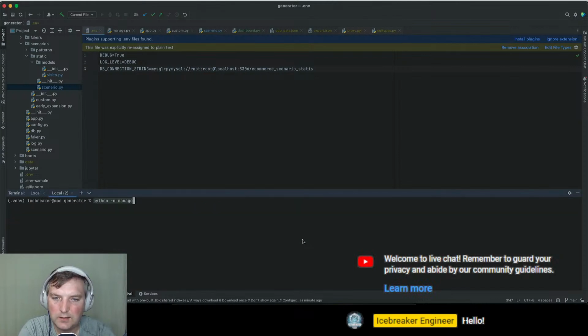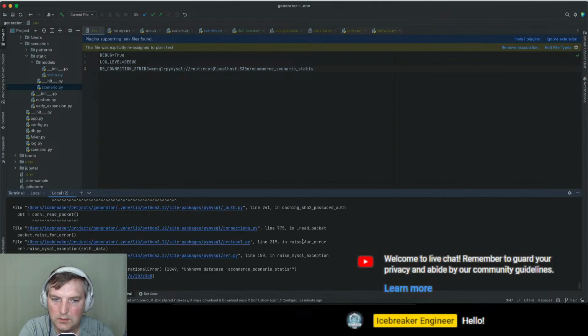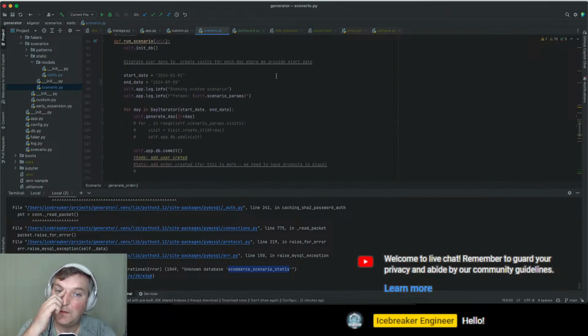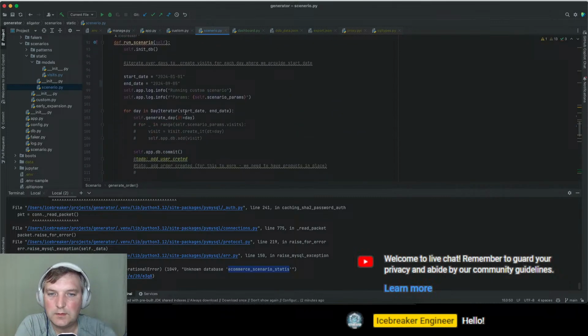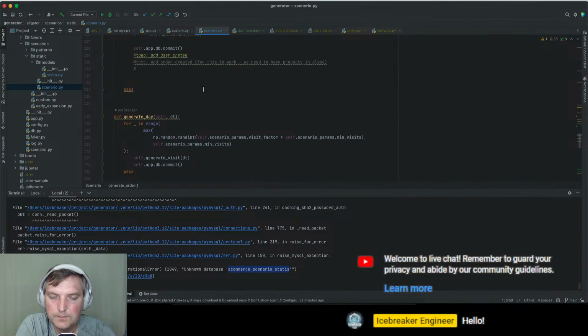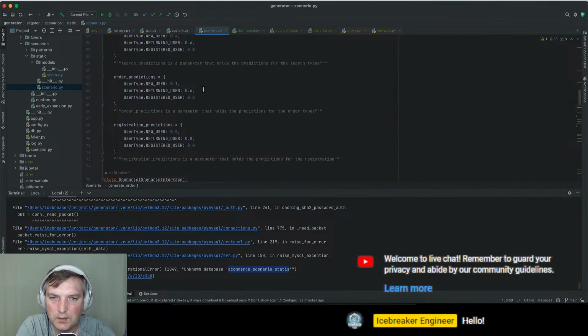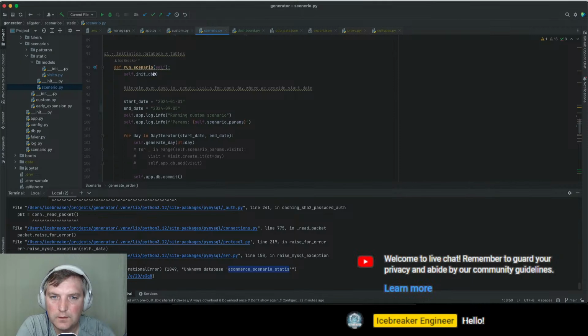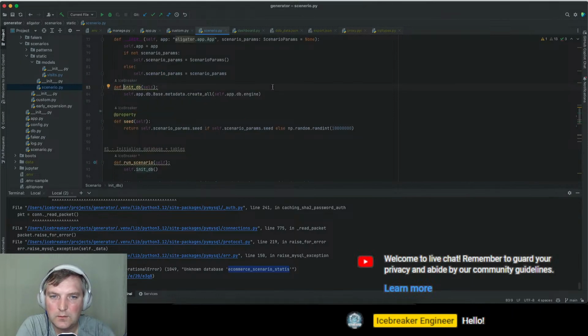Will you be creating the database? Nope. Okay, I want you to create the database. How can we do that? It should be somewhere in here, I believe. On scenario initdb, create all.